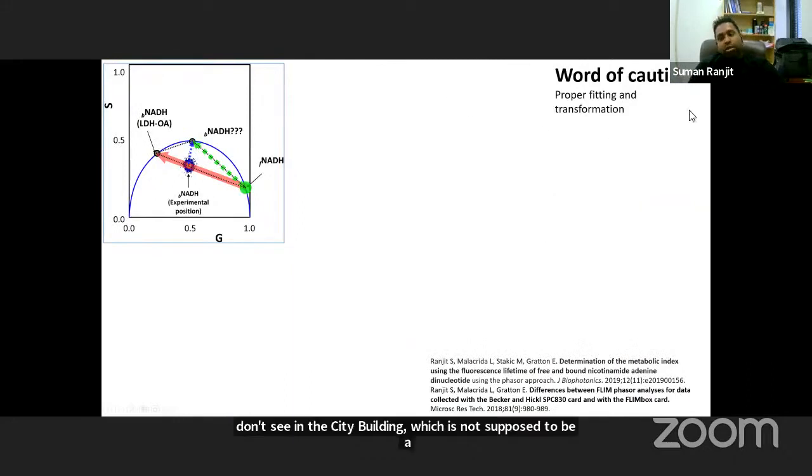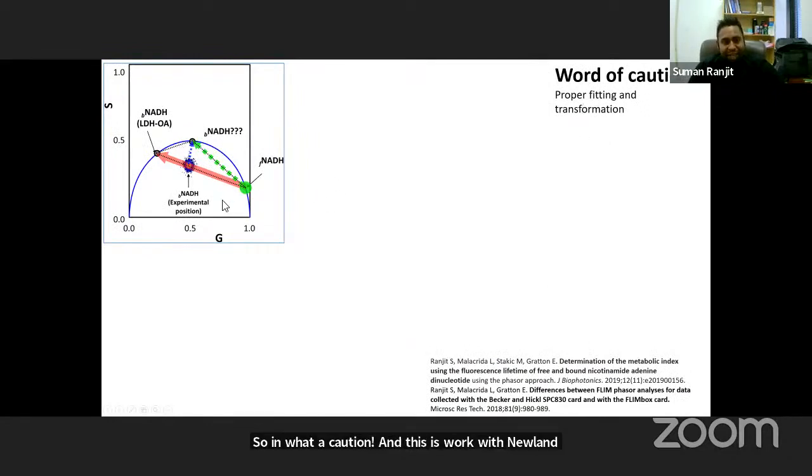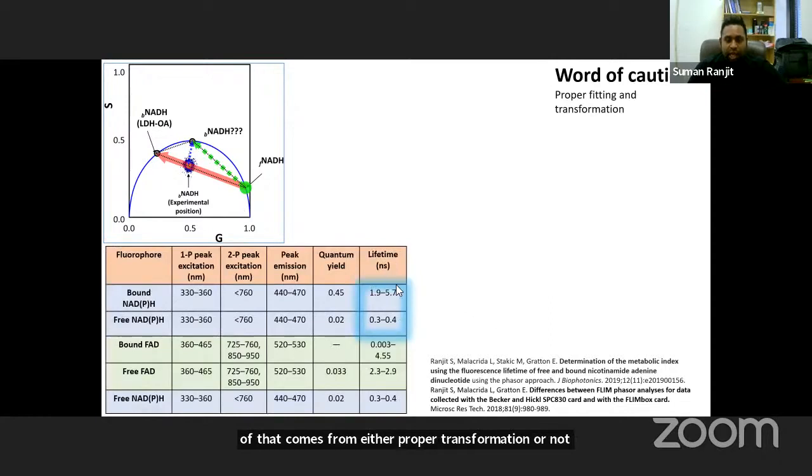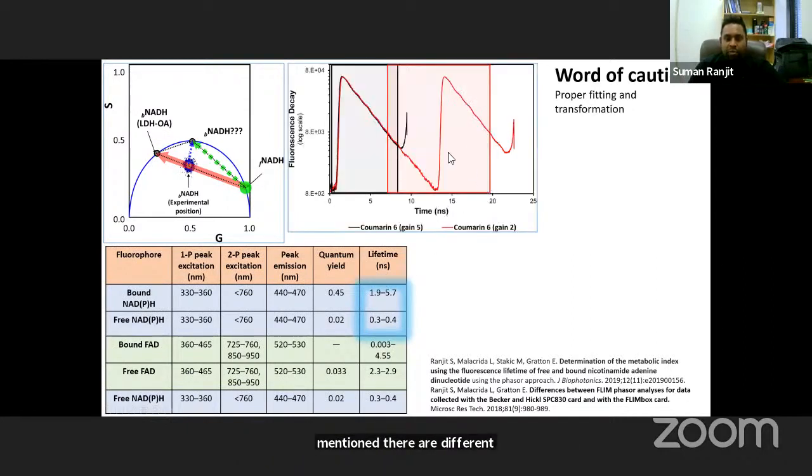So a word of caution, and this is work with Lionel. Be very careful about proper fitting and transformation when you are looking at this data. So this is showing, if you look at the historical context of phasor, you see different directions, different positions of bound NADH. And a lot of that comes from either proper transformation or not proper measurement from both perspectives. So as I mentioned, there are different lifetimes of bound NADH depending on what they are. But one of the big problems is when you take data in the time correlated single photon counting, which is the most common method in a sense, that when you do a transformation,